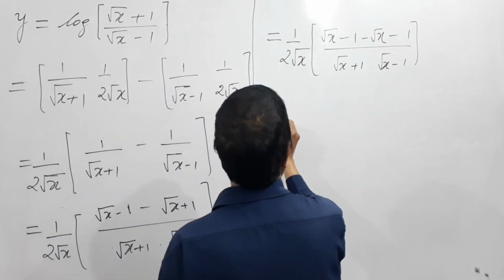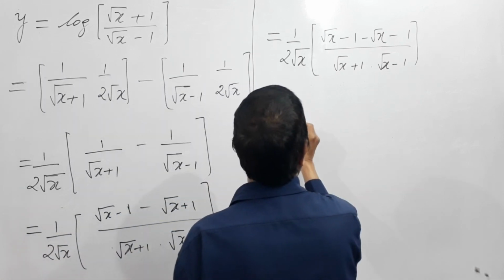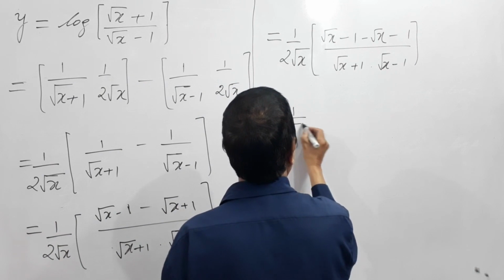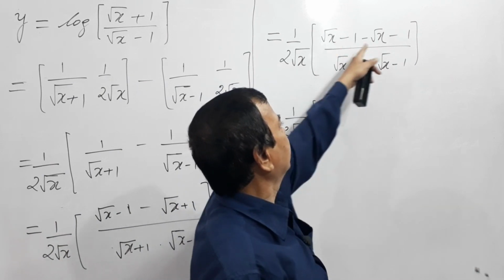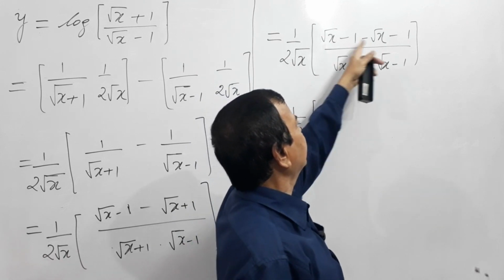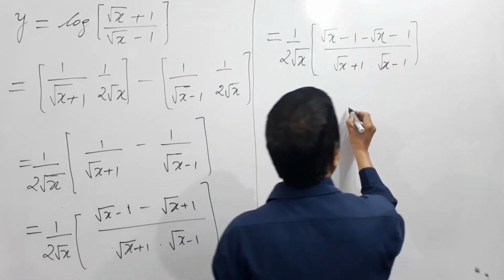So here what happens? Half root x. So plus root x minus root x goes. So minus 1 becomes minus 2